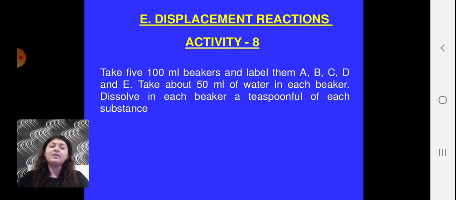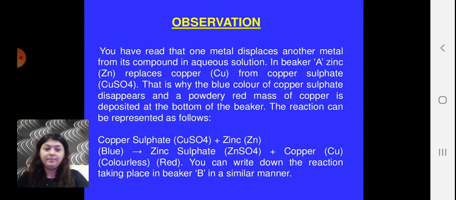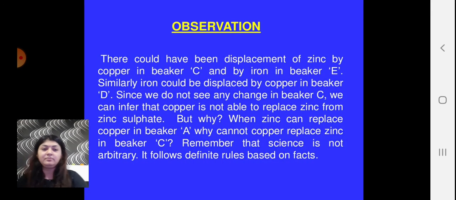Now, so this was the displacement reaction. So what is the displacement reaction? The highly active metal displaces the least active metal. You can see here these are the observations which we have already discussed: copper is the least reactive, so zinc and iron displace the copper. On the other hand, zinc is more powerful than copper, so copper cannot displace the zinc from the zinc sulfate solution. You can see the other observations which are given here, which I have already explained to you.